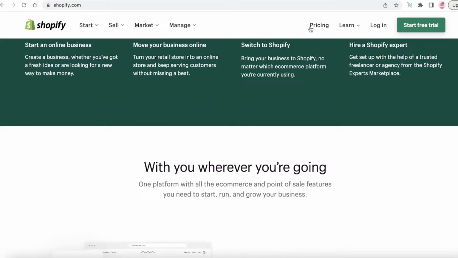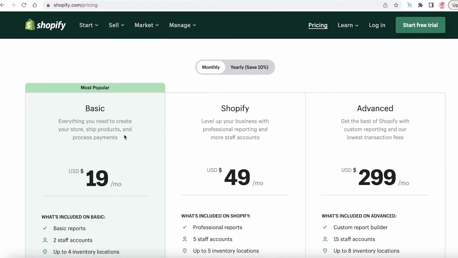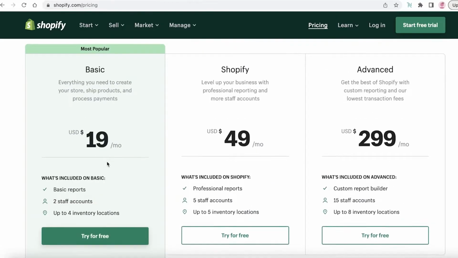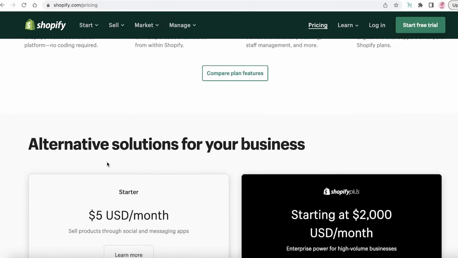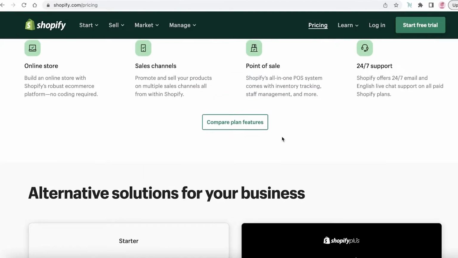However, Shopify is not available for free. So if you want to build your dropshipping business for free, then you can't use Shopify, but I would recommend that eventually you would have to migrate to Shopify. And you can get started with the basic version of Shopify. They have all the basic features that you would need, all of the essential features, and I would recommend it. It is my top pick.